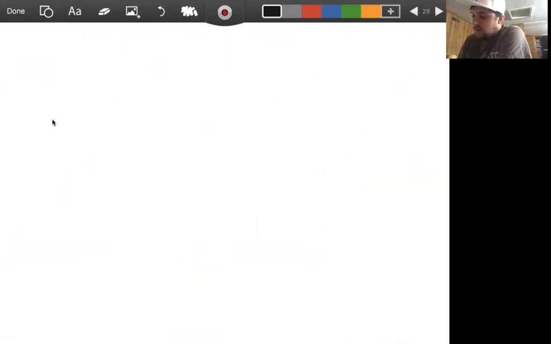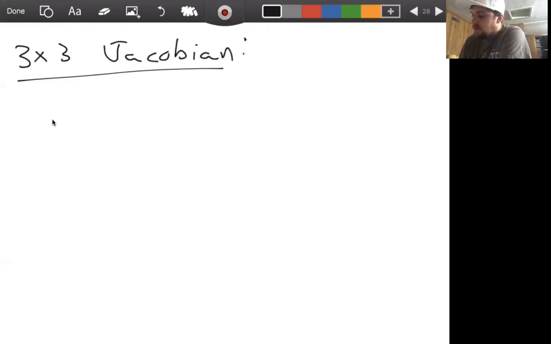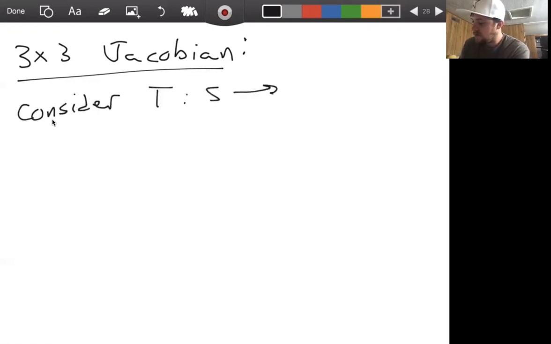And let's look at the Jacobian. Let's look at the 3×3 Jacobian now. There's an n by n Jacobian. So if you have a function of n variables, then the Jacobian is an n by n matrix. So let's consider T goes from S to R given by